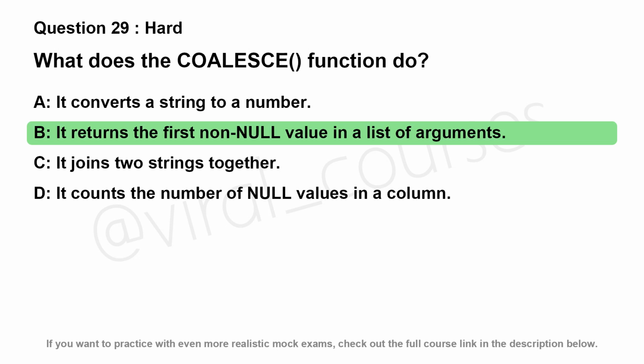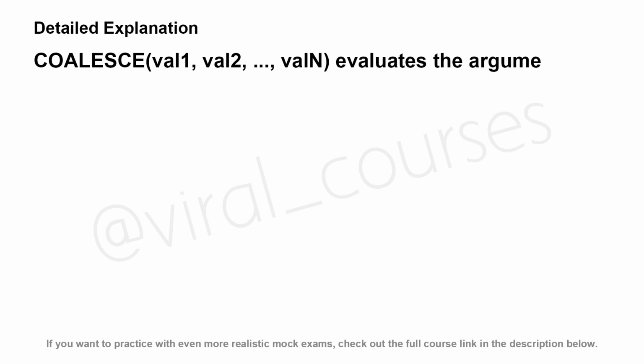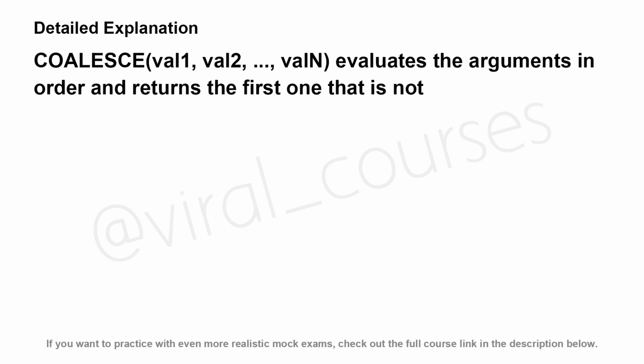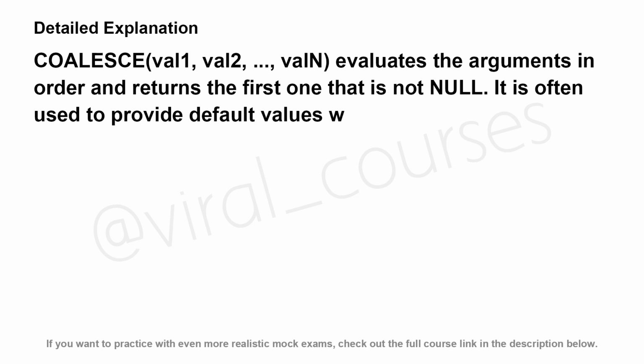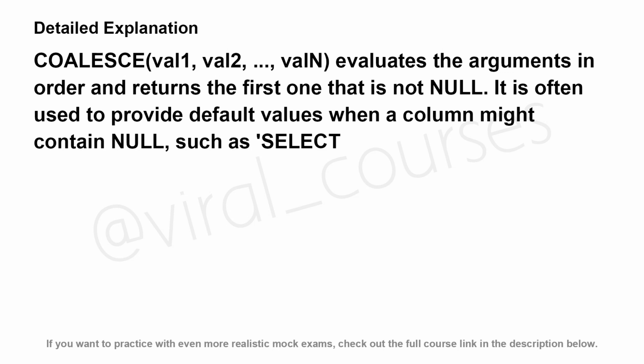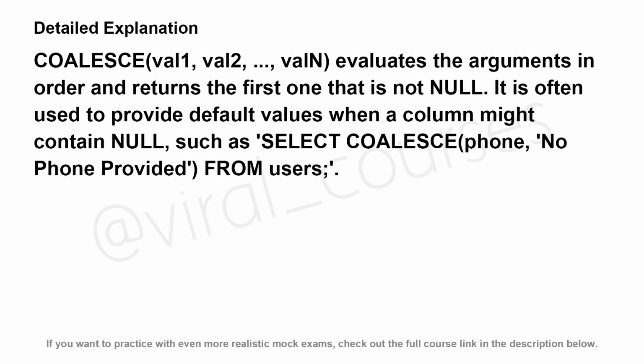The correct answer is B. COALESCE(val1, val2, ..., valn) evaluates the arguments in order and returns the first one that is not null. It is often used to provide default values when a column might contain null, such as SELECT COALESCE(phone, 'No phone provided') FROM users;